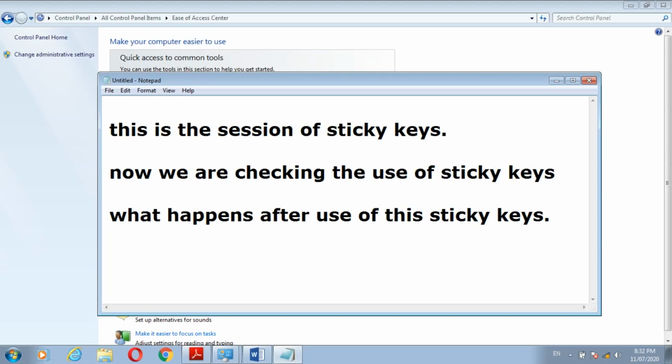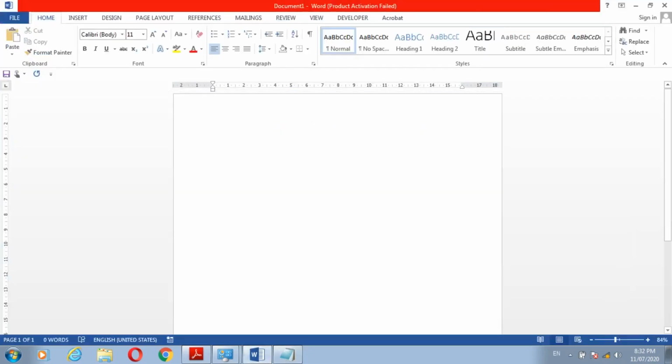Again, how we can use the sticky key in another option. If we open the Word document here, okay, now I write something here.